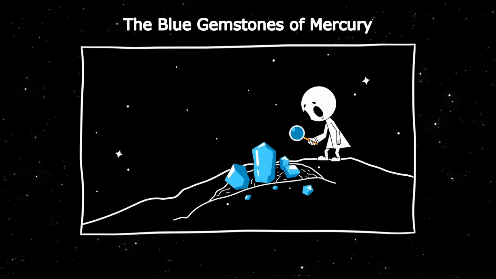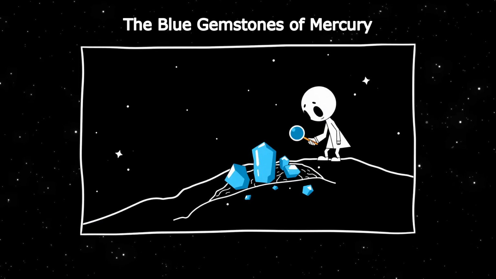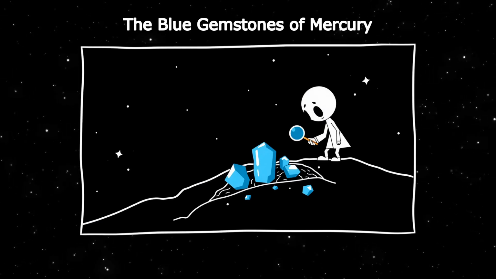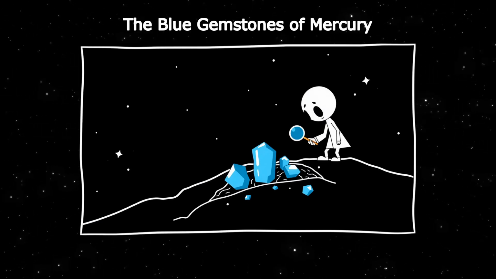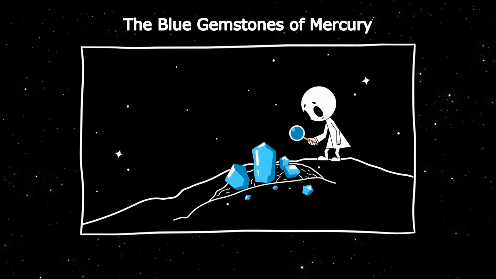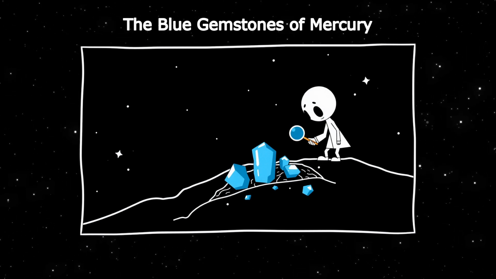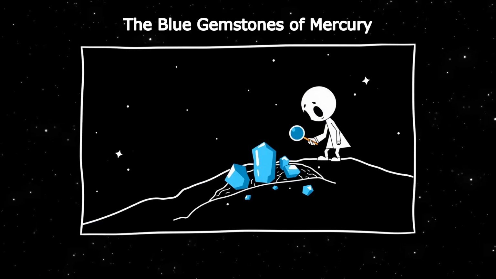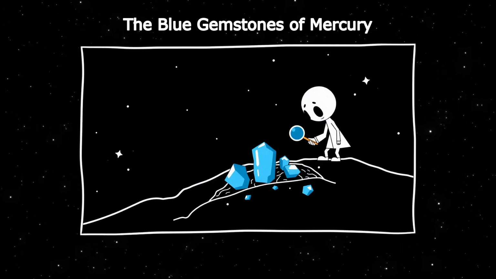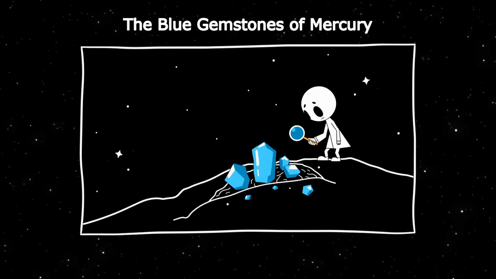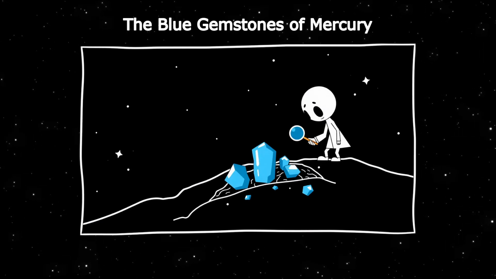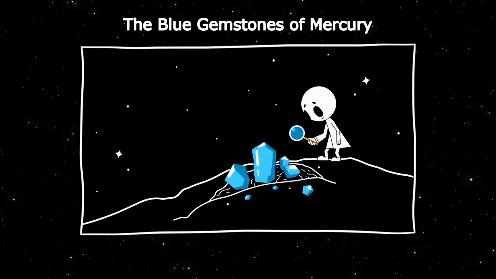One of the most notable blue minerals found is a type of olivine that can vary in color depending on its composition. On Earth, olivine is often associated with volcanic activity, and its presence on Mercury raises interesting questions about the planet's thermal history and geological activity. The vibrant blue hues of these minerals can create a stunning visual contrast against the backdrop of Mercury's otherwise rugged